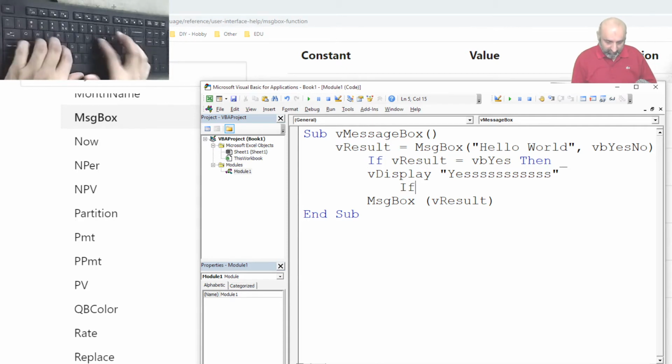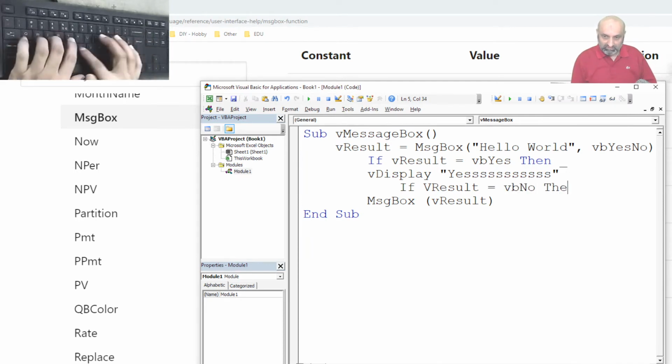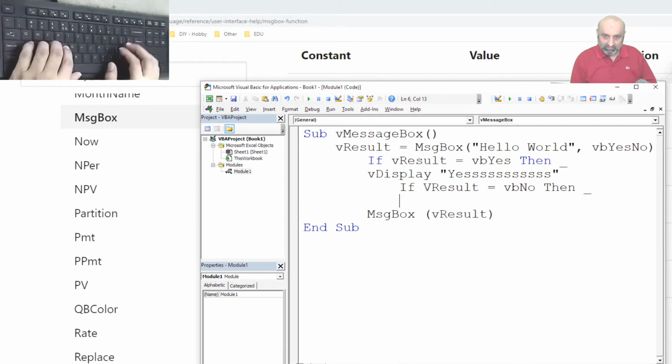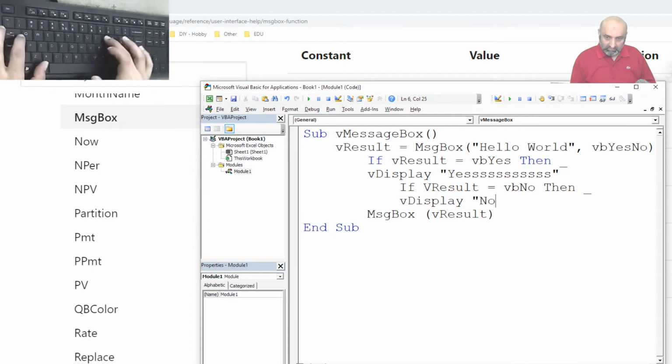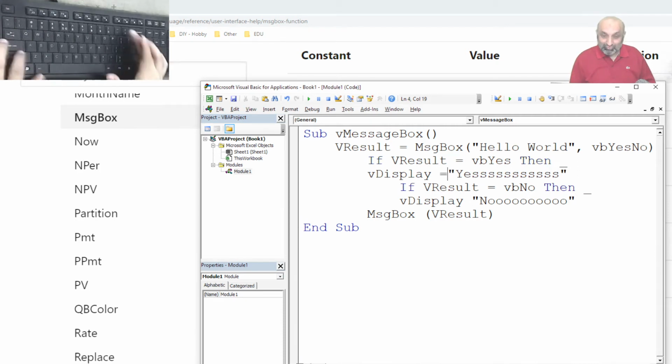If result is equal to vbNo, then display no. Then display is equal to, because it's a variable.